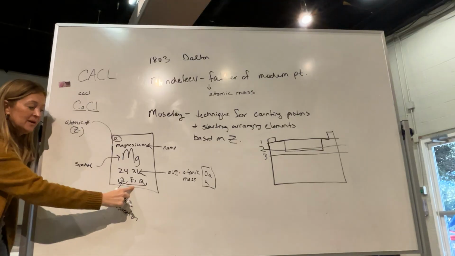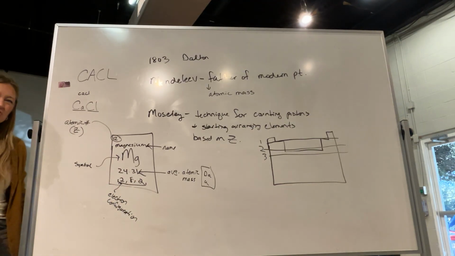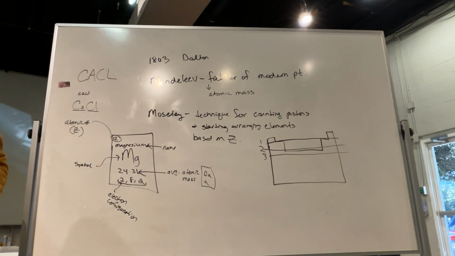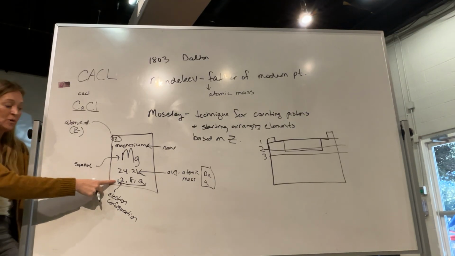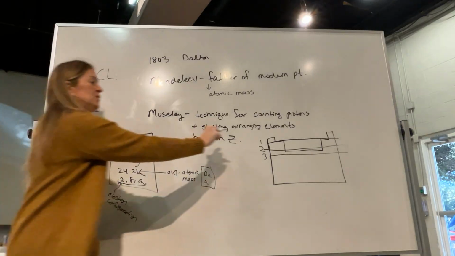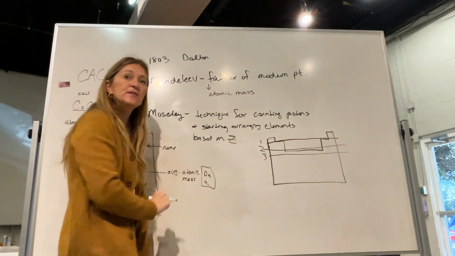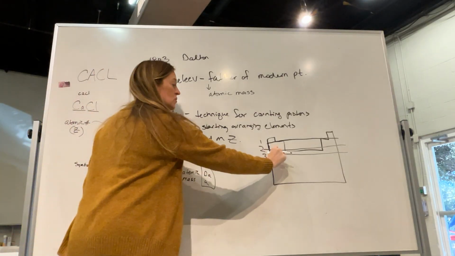These have nothing to do with sublevels. These are just the principal energy levels, okay? So sublevels are like S, P, D, and F, right? That's what I thought it was. So this right here is saying first principal energy level, there's 2 electrons. There's 8 in the second principal energy level. You're filling it up. There's 2 in the third principal energy level.